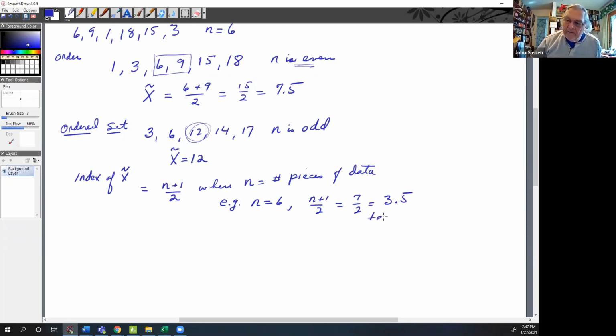And this tells me to average x3 and x4 in the ordered data. So in the ordered data, this would be